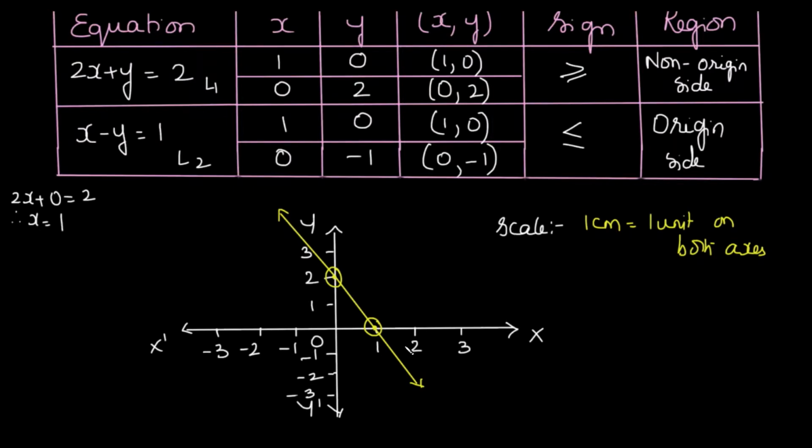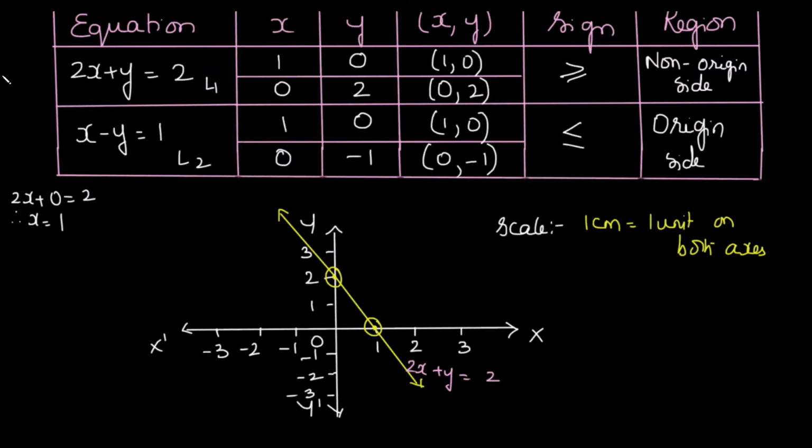So in this case, the equation is 2x plus y is equal to 2. Since I cannot write it on the line, but you can in your notebooks write this equation over here. So this becomes 2x plus y is equal to 2, the equation of this particular line that is here.